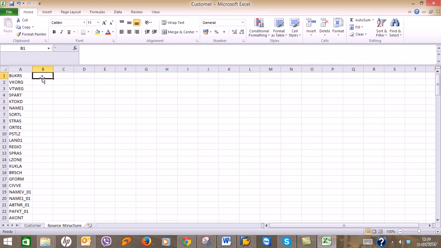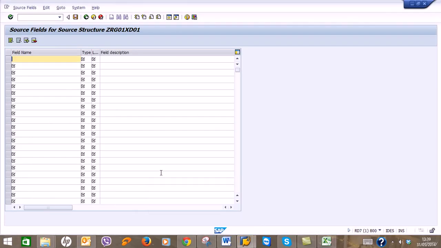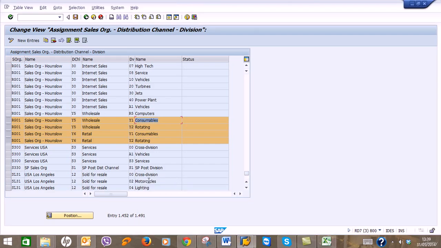Yeah, that's fine. Okay. This now 100. Two things, type and length. Basically, the formal way of choosing the type and length for a field name is that you have to understand the technical name. How can we do that? Let's say this is sales organization. If you put the cursor on that and click F1,